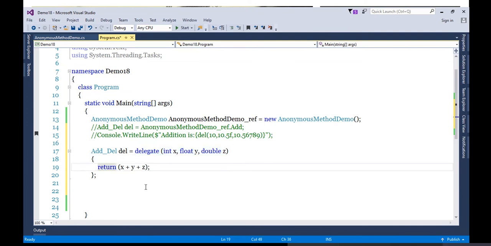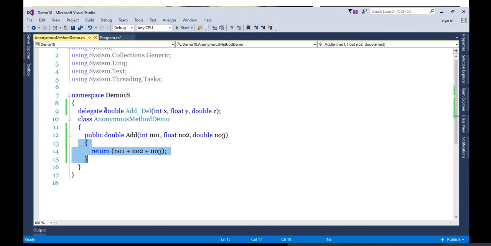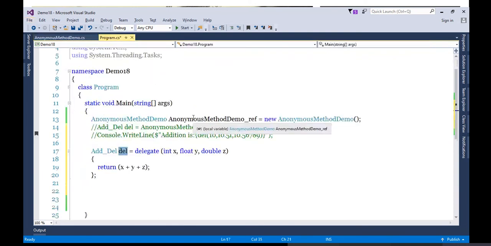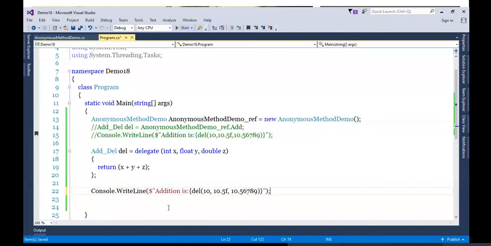Are we giving the return type here? No, because whenever I create a delegate, I will specify the return type there. So return type will not be considered. In this syntax, we are not going to give the return type. What we are giving is method body and signature. To give signature, delegate keyword is used, and directly we will attach the body. So now again, if I print the answer, I will get the same answer.